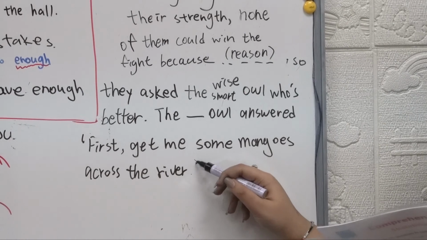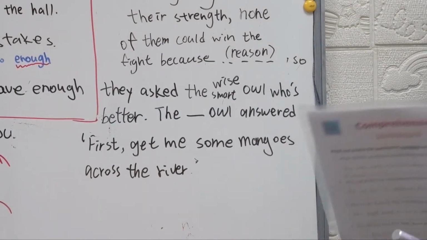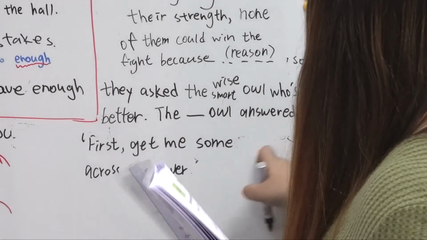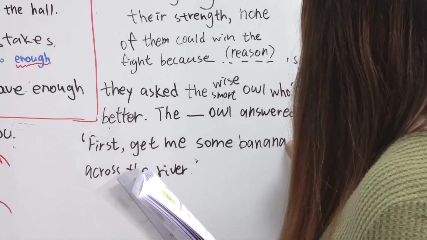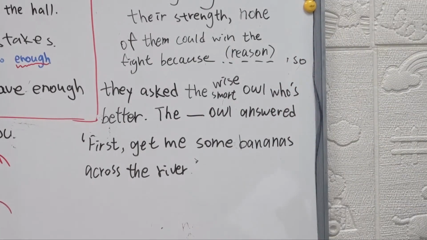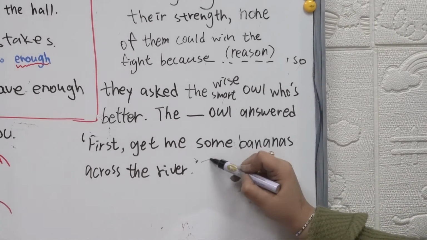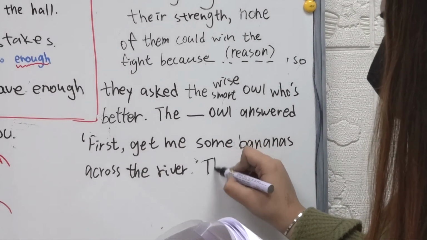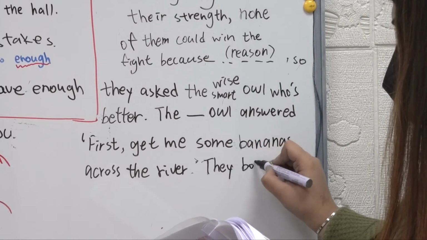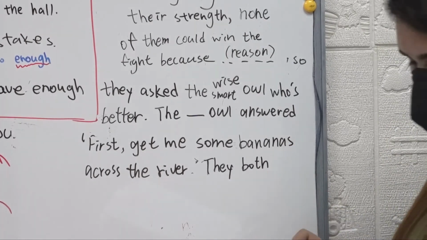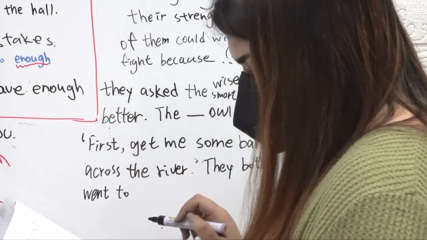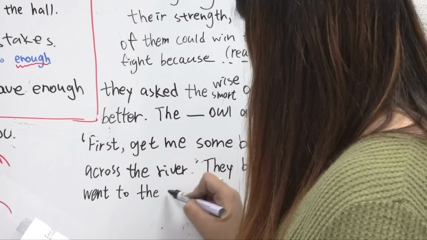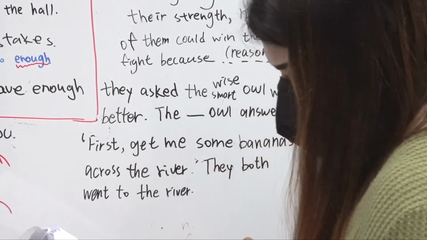So after the owl said, first, get me some bananas across the river, what happened? The monkey can't go. Then they both went to the river first, right? And then you may say,